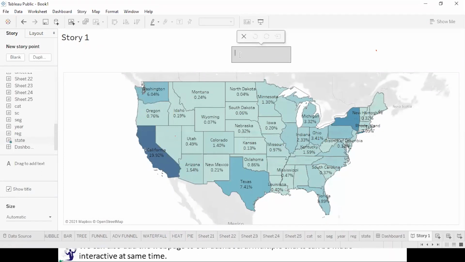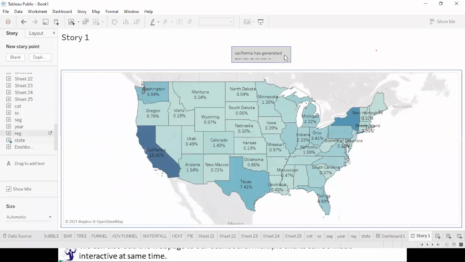This caption box, if you want to write something about your visual, let's take California revenue. Let us take the region now.